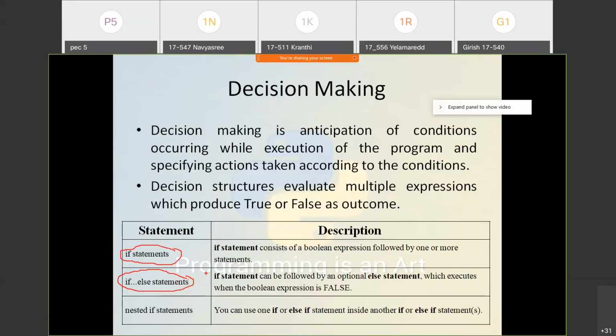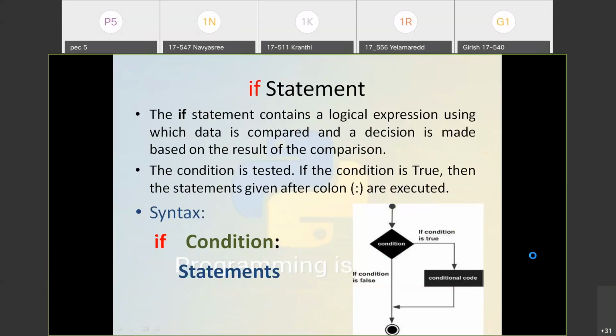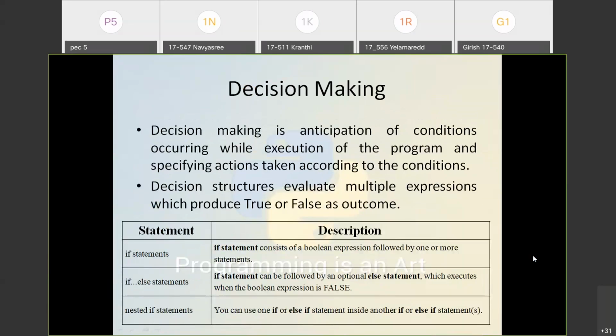In that case, you need to go for the if else statement. And the same way we have nested if statements also. Within an if, you can write one more if, which you can call a nested if. Next, else if. Generally in other programming languages, we have else if.